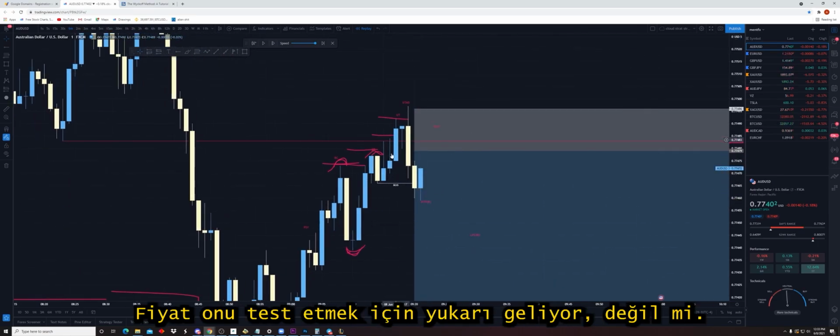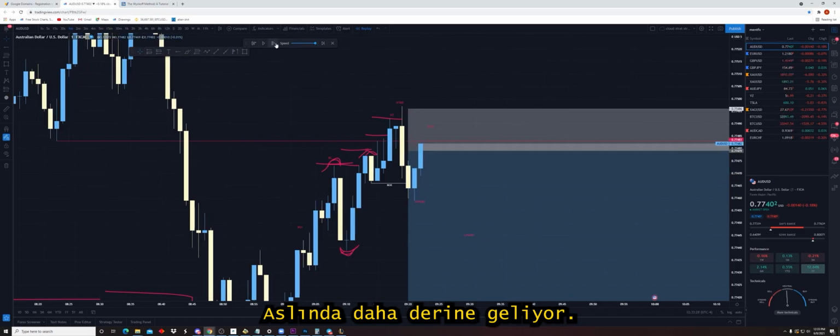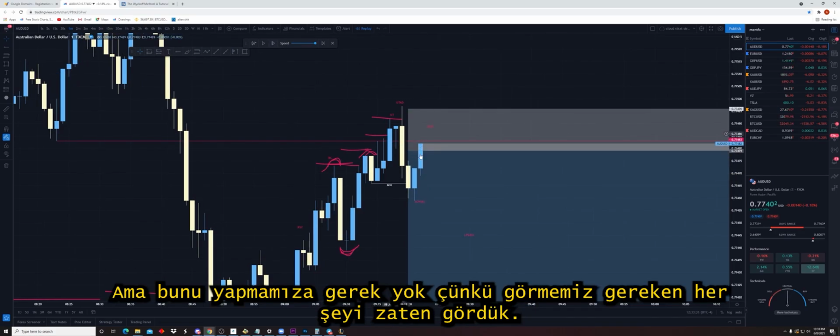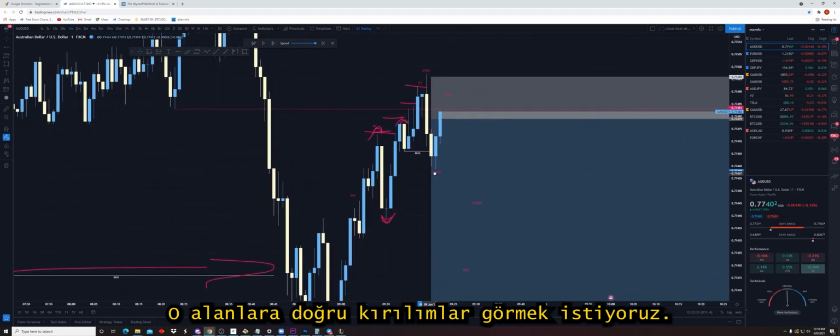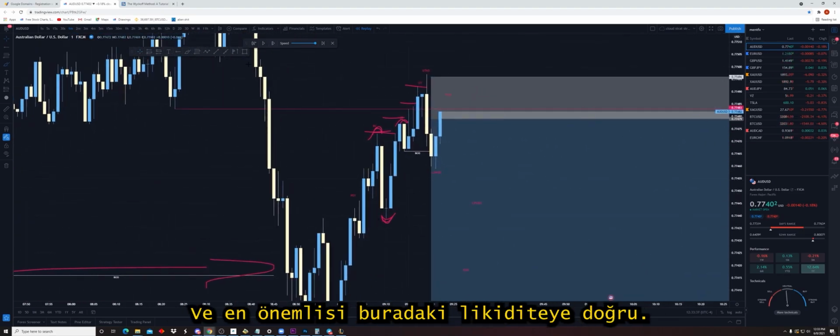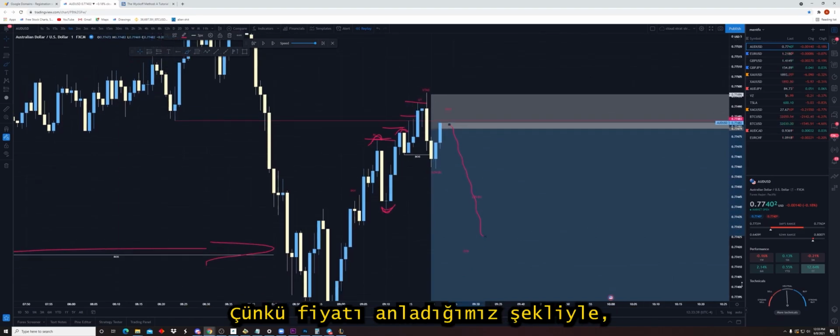Again, we have that break of structure. Now we're looking for that test. Price comes right up to test it, right? It actually comes deeper. So you could go and refine these areas, but we don't need to do that because we've already seen everything we need to see. And we start understanding that now we want to see the breaks down into those areas,